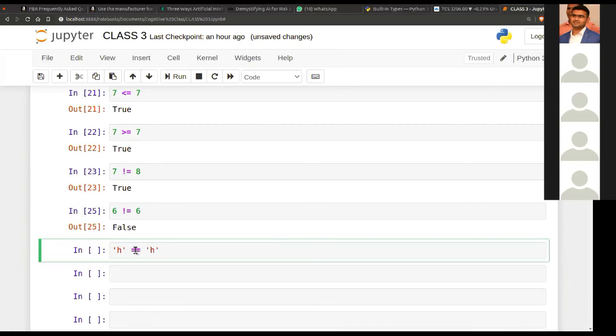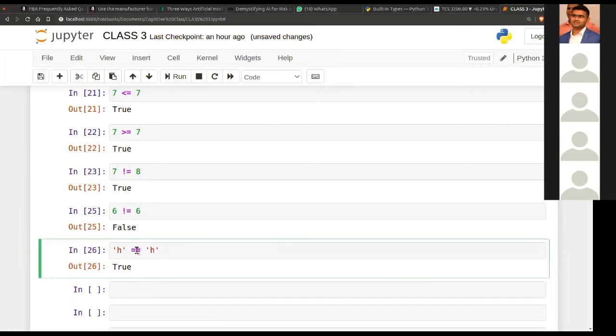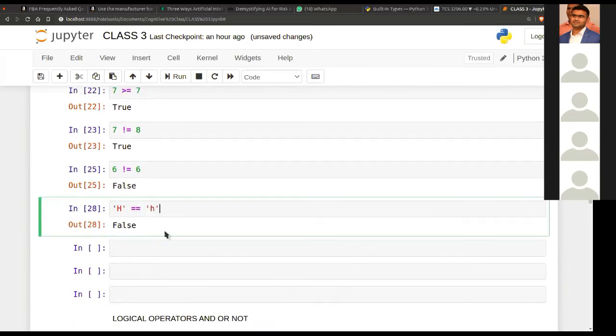Yeah, this is how it works. Suppose we add a not to it, so we get a false over here. And one more thing, if capital H is equal to small h, what do you think? False, because it is not. Strings are case sensitive, they should match exactly.